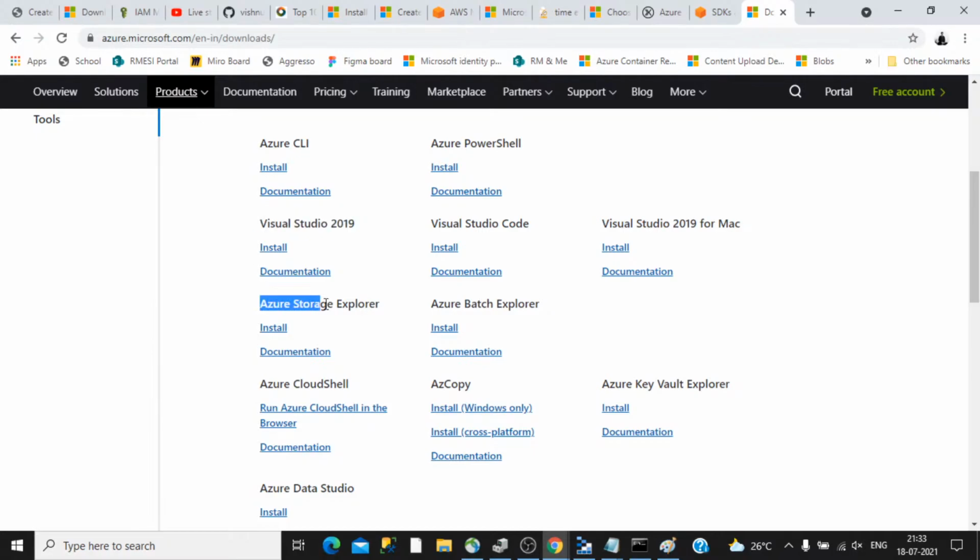Then if you want to manipulate or do something with the files you are storing in the Azure containers, I mean the storage container, not a Docker container, you can use a tool called Azure Storage Explorer, which is a bit slow, but you can use it for connecting. So this is the tool.